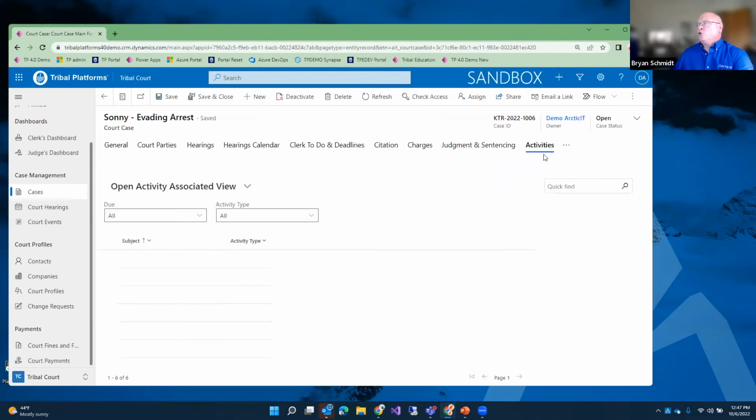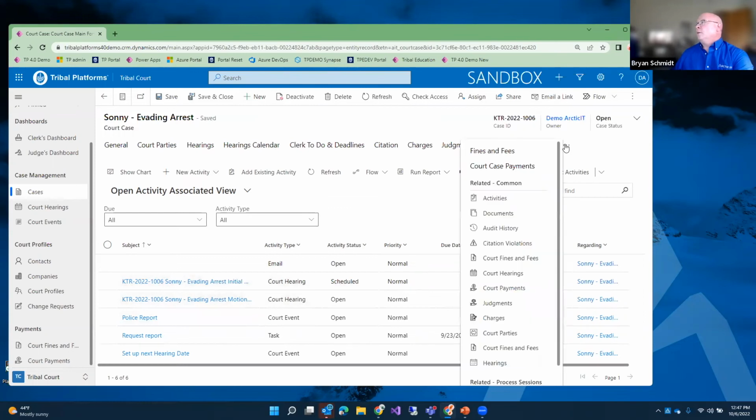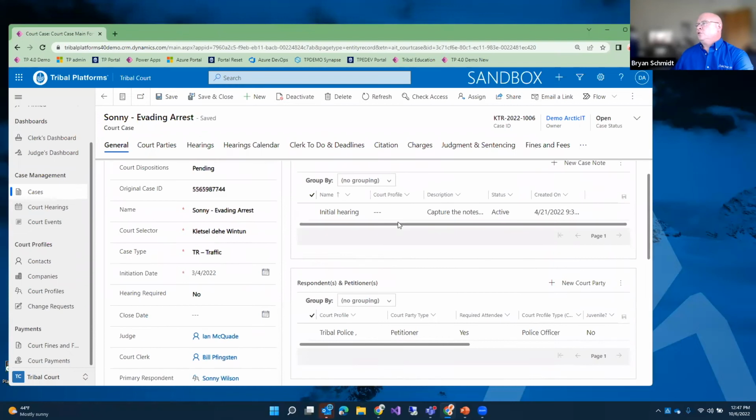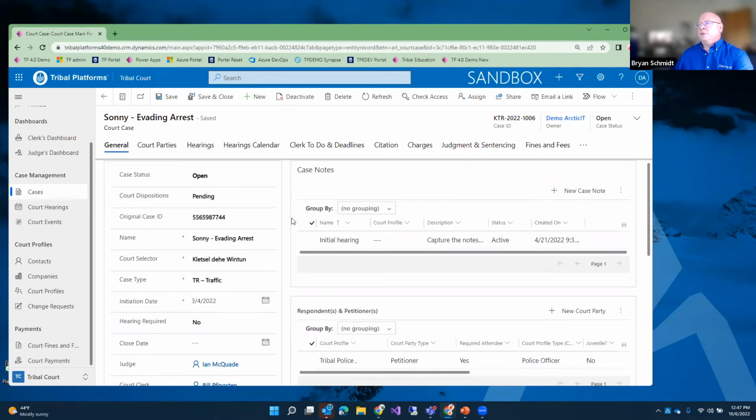I can create reminders or tasks related to their record. There should be that history of all the different emails and phone calls and so forth that were communicated, and you can have those dates or due dates for the next task on here.